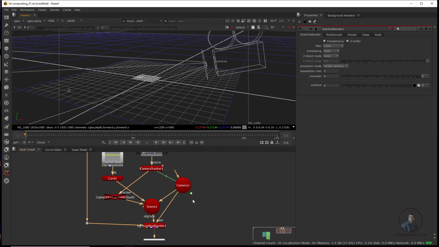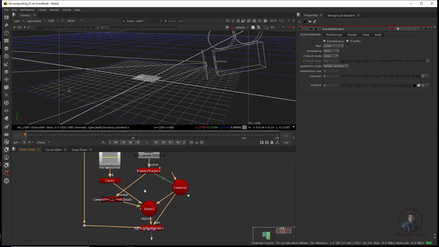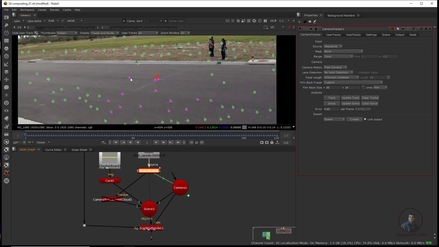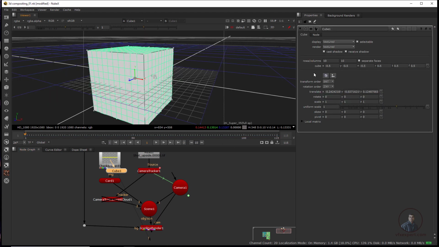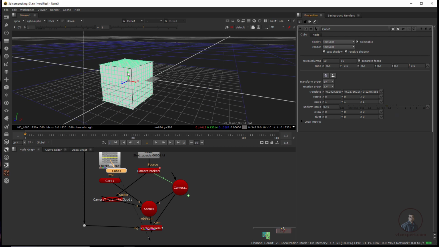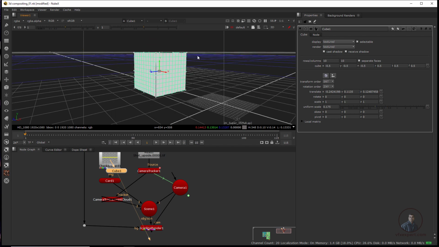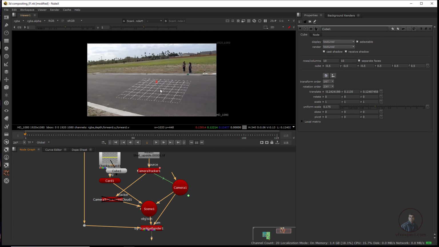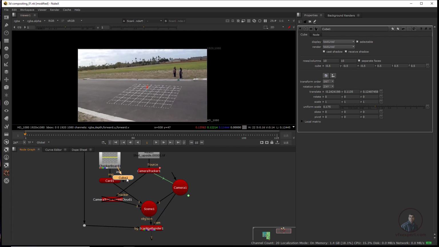Now again for testing purposes I am going to take another cube here. So select this one and press 1, double click here. So I am going to create a cube here, then right click, create, create a cube here. Then resize this one a little bit here. Now place it on the grid. Now press tab here, select a scanline render here and press 1 here. So easily you can see. Then we have to attach this one in our scene here and take this checkerboard. Okay, like this. Now you can place it here.